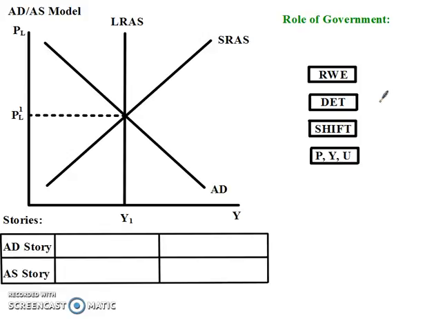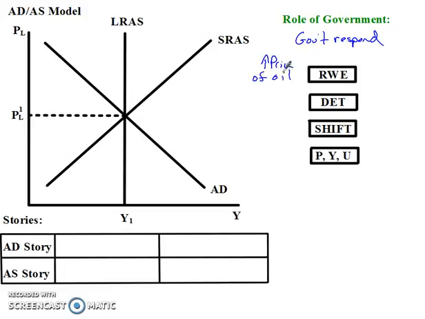On this podcast, we're going to look at another example of a Keynesian response in the economy. The role of government is that the government does respond to changes in the economy, and we're going to use our full model, long-run aggregate supply, aggregate demand, and short-run aggregate supply, to talk about this. I'm going to go back and do the same real-world event that I did on the previous video, and that is a significant increase in the price of oil.